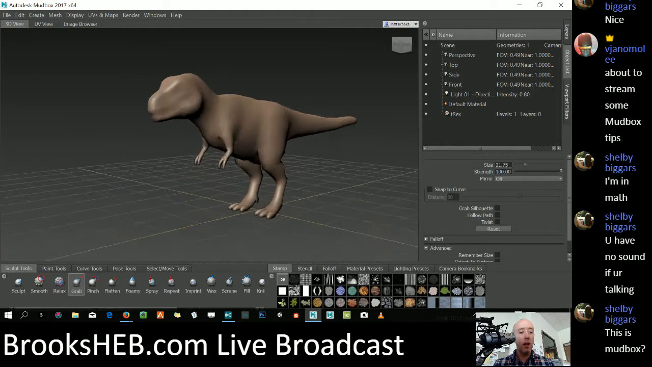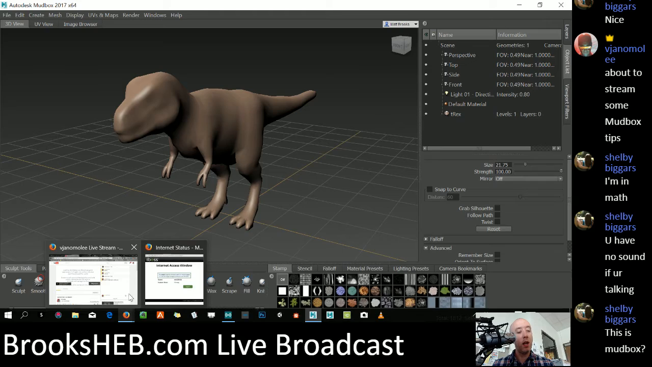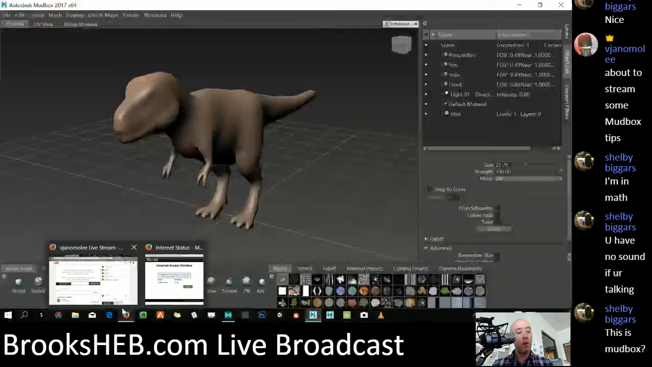Okay, so we can go get a 3D model from anywhere and bring that into Mudbox to add on to our creature, such as wings or anything you can think of. So a good place to get that, I know specifically where some wings are for free. If you go to